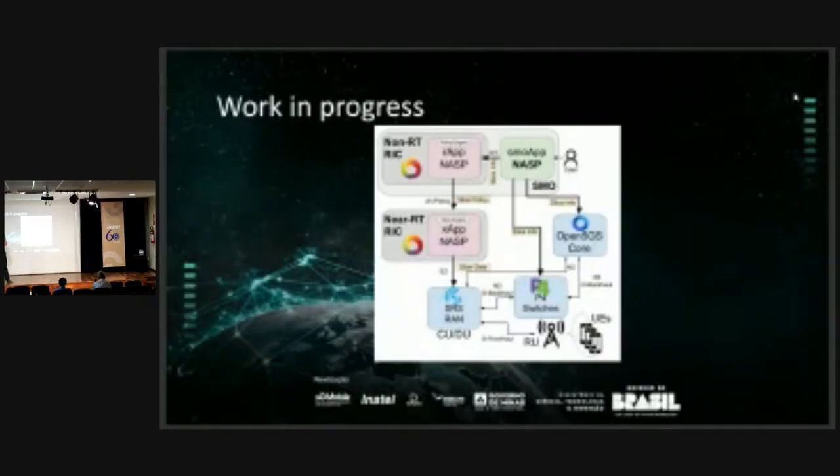But we need to investigate more details, more qualifications, to provide better guarantee of the service. The idea is we change the service model to provide more quality of service in this slicing, considering the application, because Gustavo mentioned we received